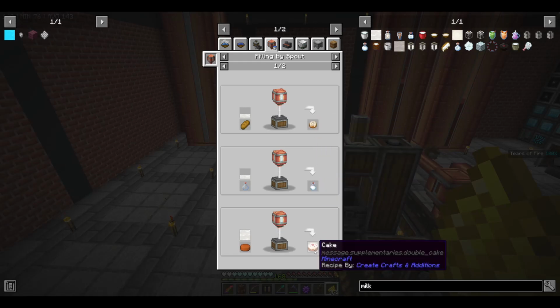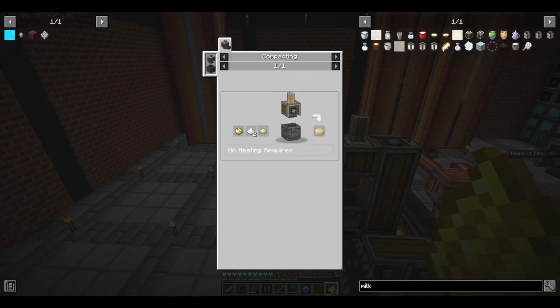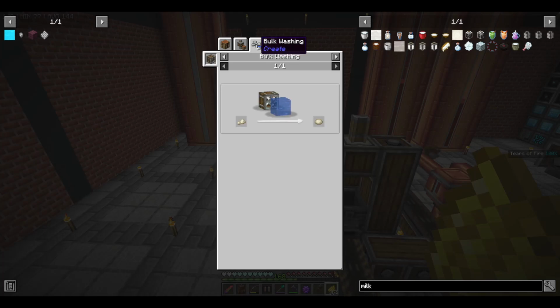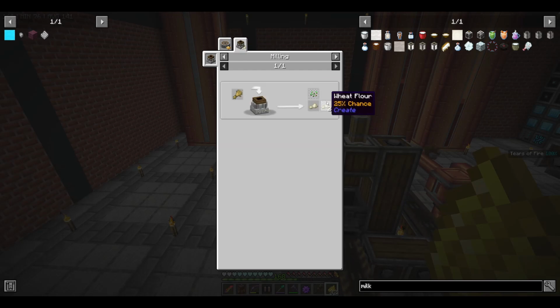Oh, you can also make normal cakes, but we also need the cake base. So cake base is important, which is dough. Dough is bulk washing, so we need a washing section as well as a firing section. And wheat flour, so we also need a milling section. Oh my god. Yeah, this is going to be...